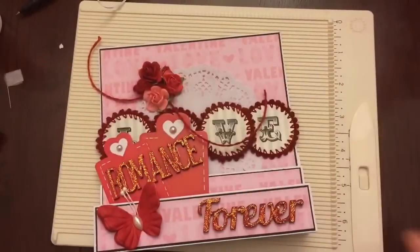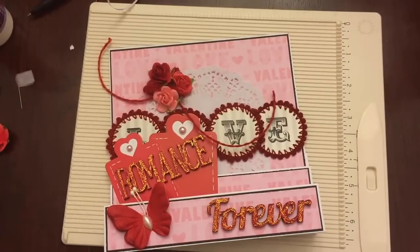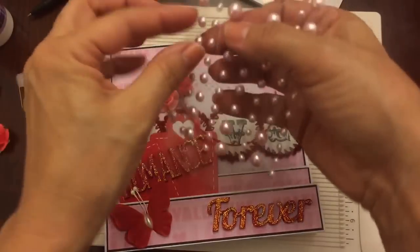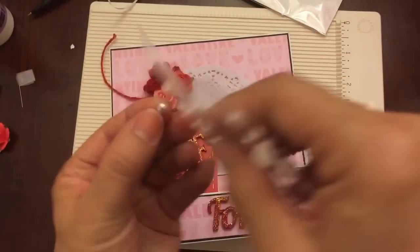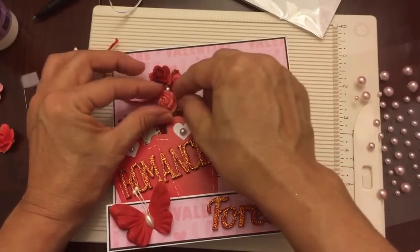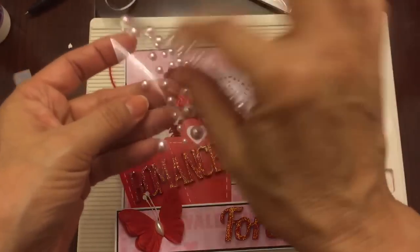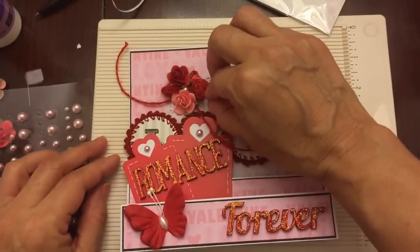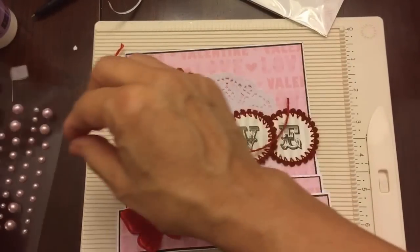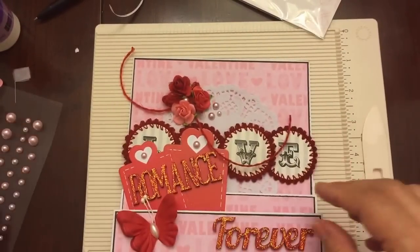Okay, and then I have the little pearls. Let's see, where are the pearls? Right here. I'm going to use some of the pink pearls. And I think I want to use one of the medium size right in the middle of that bow, if I can get in there. Right here. Like that. I know it's a little hidden, but you can still see it. And then I'll probably add a few more out here. Okay, that looks like a happy face, so I'm gonna have to